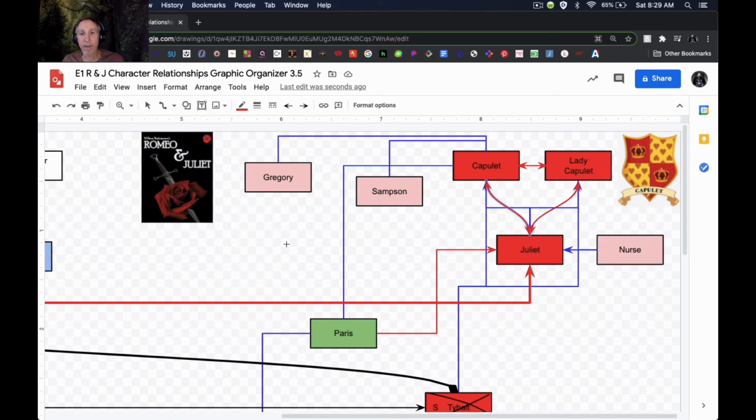And then, I've got Juliet's arrows going back. I'm not sure if she really feels hatred towards them. Maybe she feels abandonment. I don't know. She doesn't really say negative things about them. She pleads with them a lot. But the one person she does show negative feelings towards, who still loves her, is the nurse. The nurse tells her it's probably better if she stays with Paris, because Romeo's a dishcloth to him.